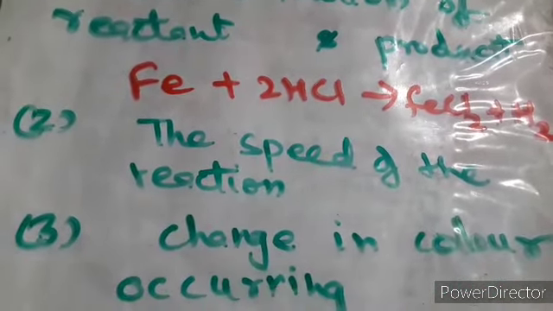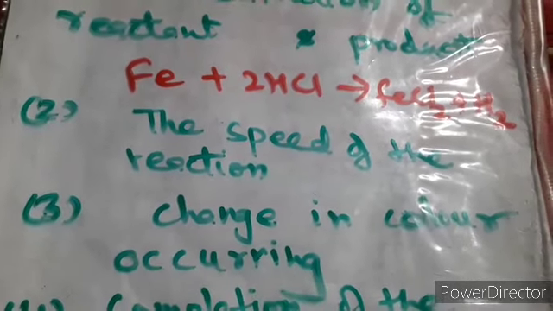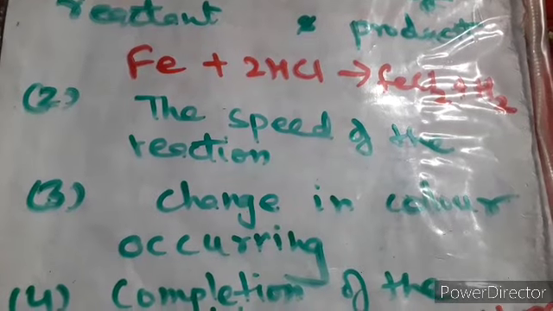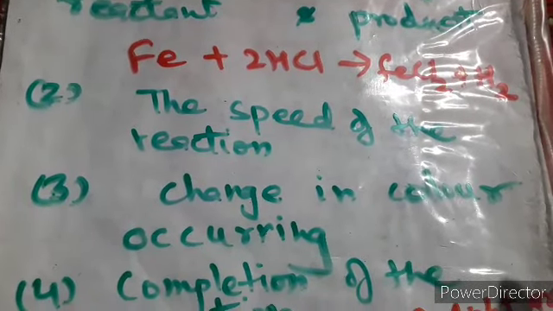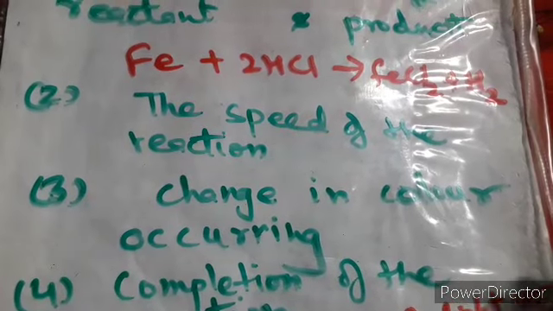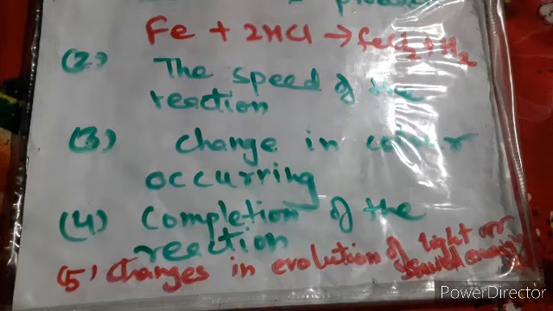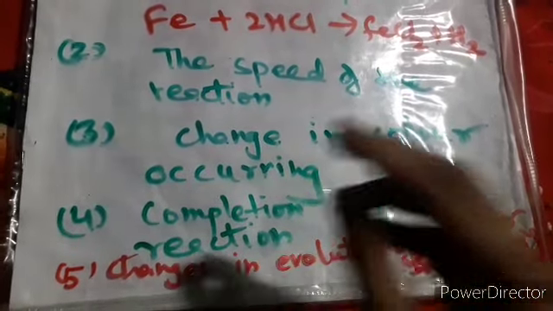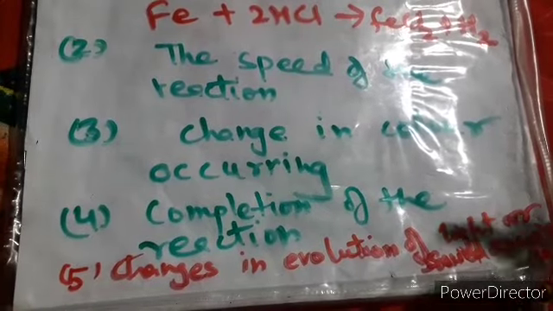So these were the limitations which you have to focus on, and we have completed the limitations as well as the information our chemical equation gives us. So we'll see the balancing of equations in our next video. So I think everything is clear to you. You can copy the notes, and please, I have written the keywords, whatever I am speaking. If you want, you can write them down in proper notes form.